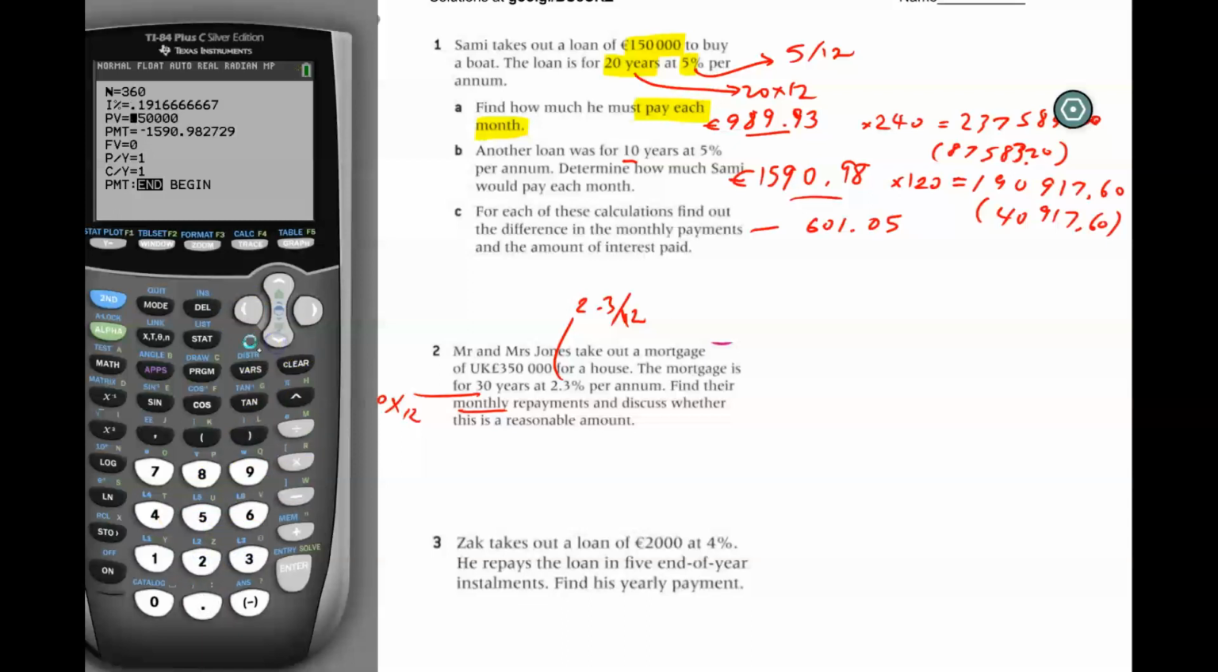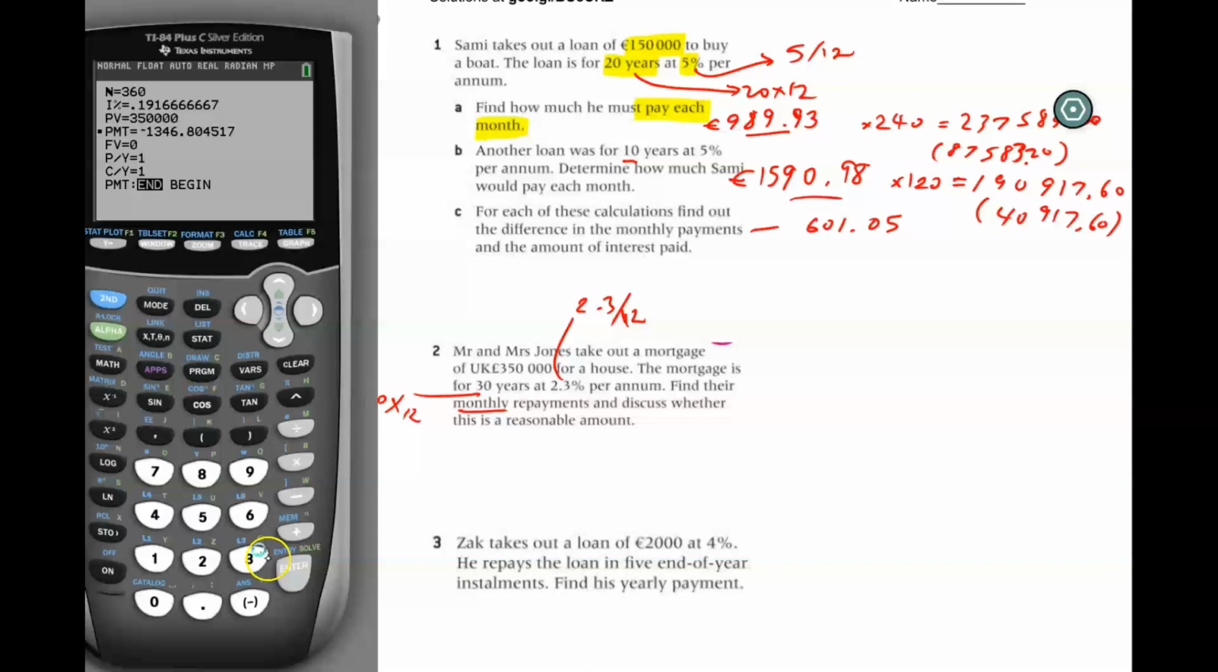The present value is going to be 350,000 euros. And remember, the FV is always going to be 0, and the P over Y and the C over Y are always going to be 1. So the payment in this case is going to be 1,346.80. And remember, it's negative because if you start out with a loan,